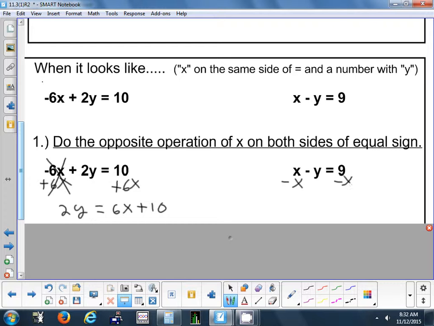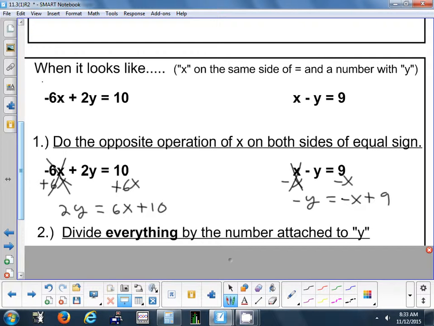Minus x, minus x. Okay, on the left, you still have that negative with the y. Don't forget about that. What about on the right, though? 9x. Bless you. Negative what? Negative 9x. Nope, you can't combine these. Negative x plus 9. Okay, keep them separate. Okay, the only way it would be 9x is if you multiplied, but we subtracted. All right? And now the last step,